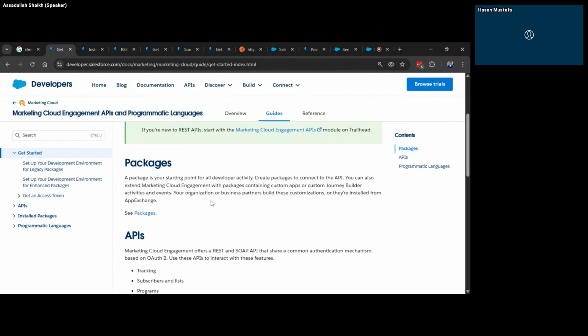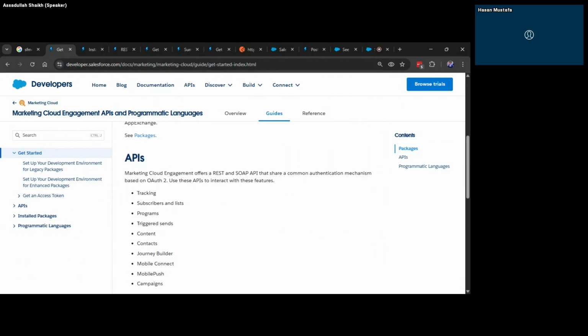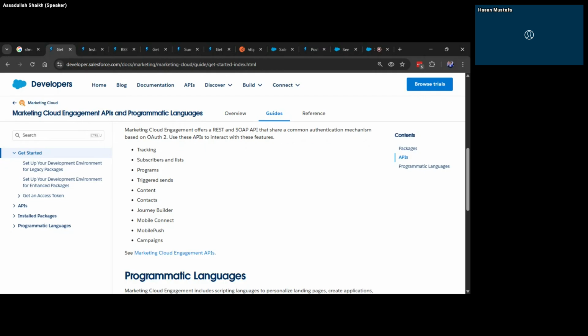So you will create a package, and that package will hold a connected application, and that connected application will have the API keys, right? The secret key and the public key for you to communicate. And when you will be using APIs, it offers REST and SOAP APIs, with some authentication protocol. So these are the reasons you will probably be using